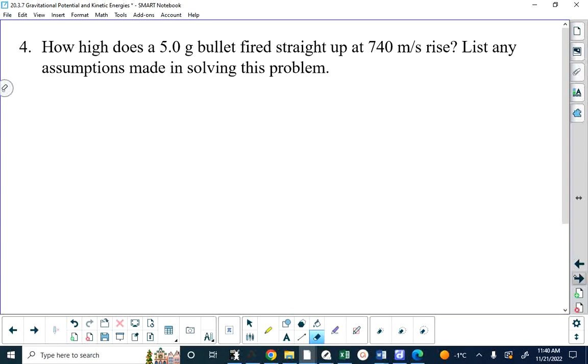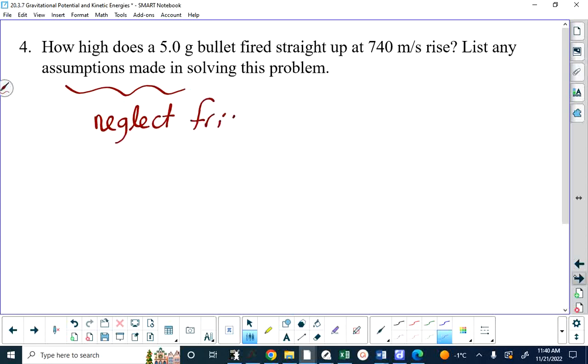There are serious assumption problems with question 4 here. But we'll start with the assumption we're going to neglect friction. So I guess what I'm saying is, if there was no friction between a bullet and the air, and I was dumb enough to fire a bullet straight up into the air, how high would it rise? Well, didn't we already calculate this kinetic energy? Wasn't it